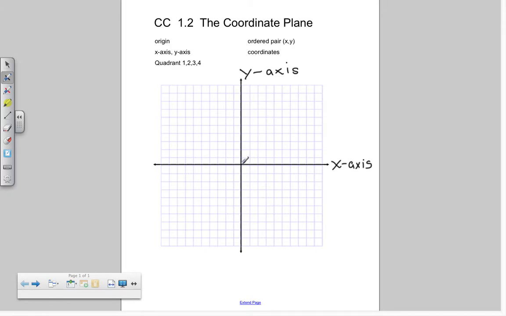So I said these are two number lines. On the x-axis, this is 0. It's hard for me to write that on here. So this first blue line is 1. The second blue line, 2. And remember, we're labeling lines and not spaces. So today we're going to label all these lines, but tomorrow you're going to stop because I know you know how to count them. So these go into the negatives,